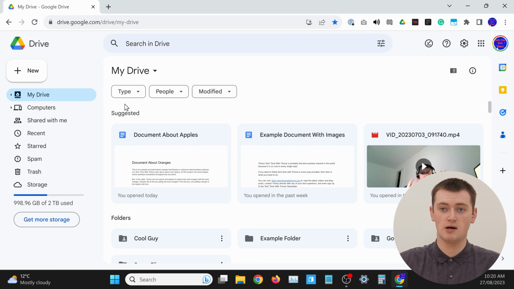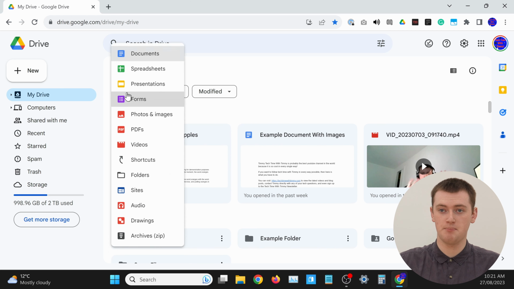While you can't necessarily sort files by file type, you can filter it to only show specific file types. So, if you wanted to see all of your pictures or all of your PDFs or something like that, all grouped together, this can work quite well. If you come up to the top of the screen here, where we have these three different drop-down options,